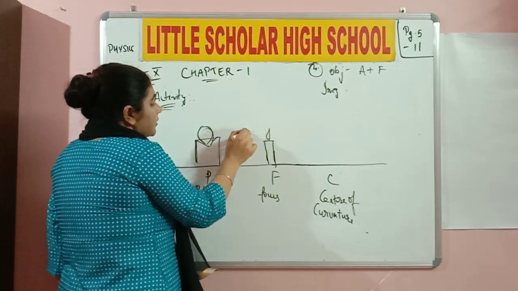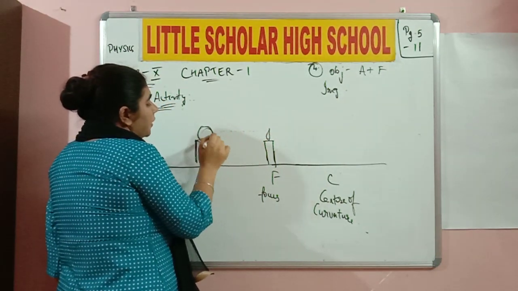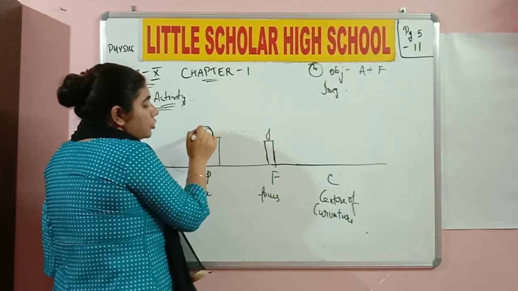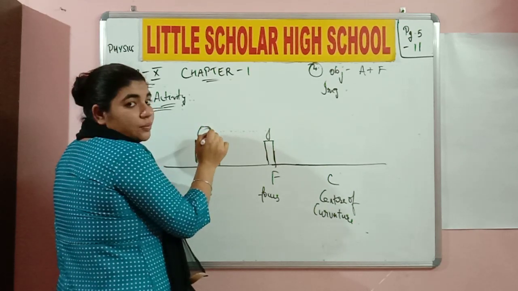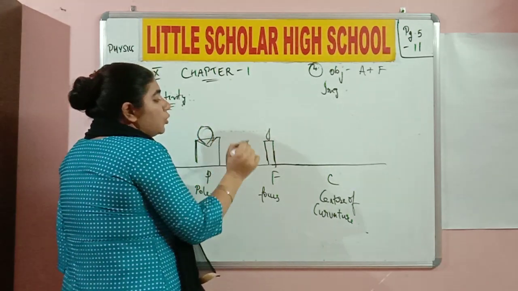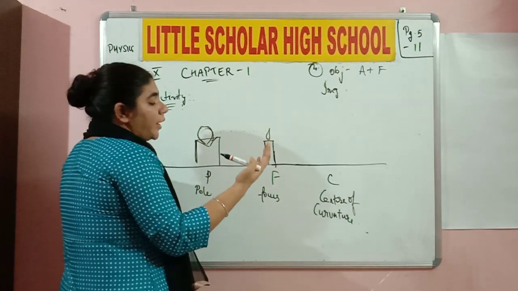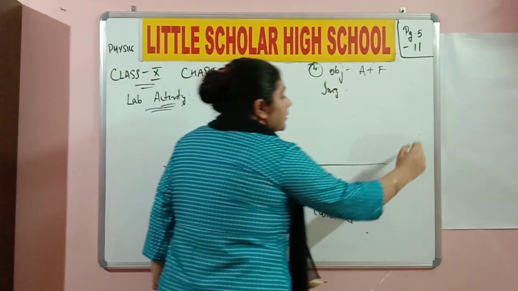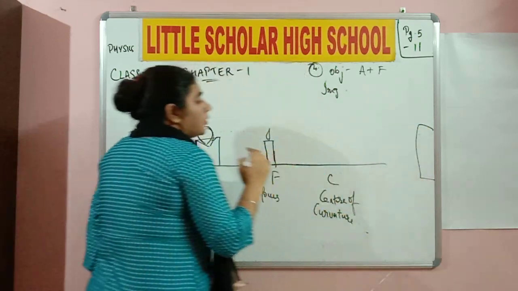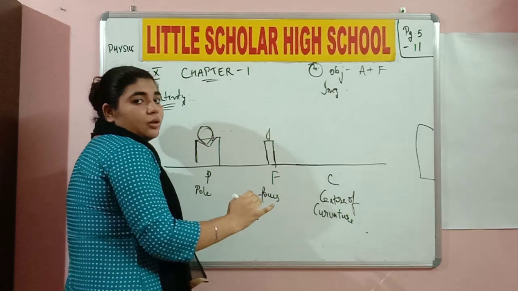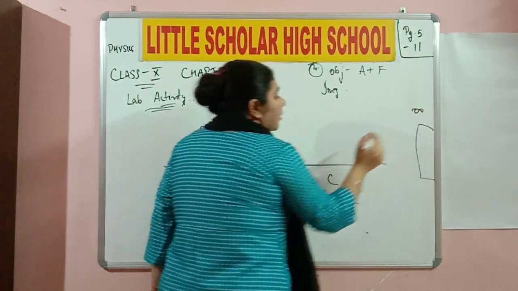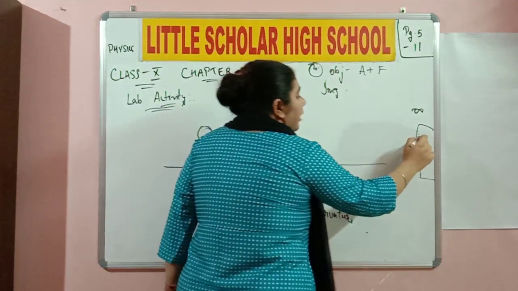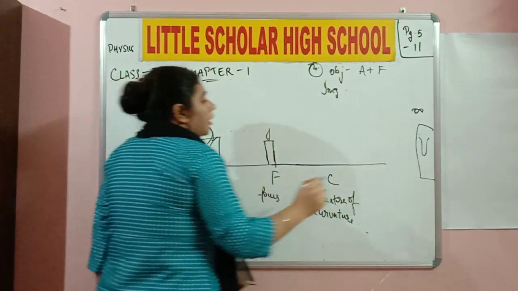The incident rays are going to be parallel to the principal axis. Fine. From the tip of the candle, they are going to be projected on the concave mirror. Okay with everyone? So now you cannot place the screen of white paper between F and C or at C or beyond C. You need to place it very far, at a certain distance from the setup. And we call this distance as infinity. Much far beyond C also. Okay, only then I will be able to see the image. Okay with everyone?